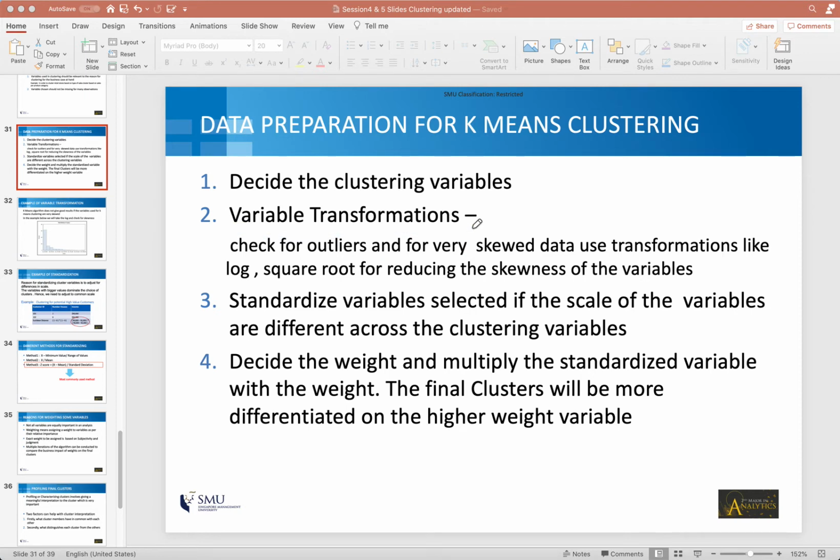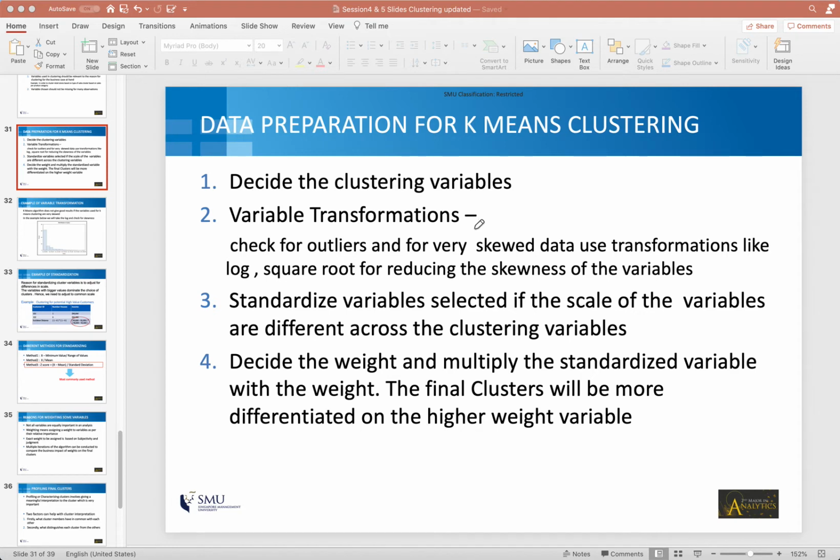So for each of these data preparation steps, it's very important to understand the reason why that particular preparation is needed. And the reason is closely tied to the steps in the algorithm, to the objective of the algorithm. Okay. And another thing that I want to emphasize here is that the sequence in which these steps are executed is also important. So keep that in mind, and I'll talk about that a little bit again, and there is a reason why a certain sequence needs to be followed.